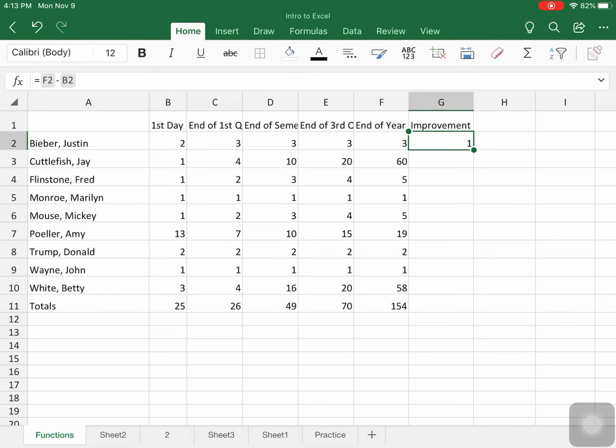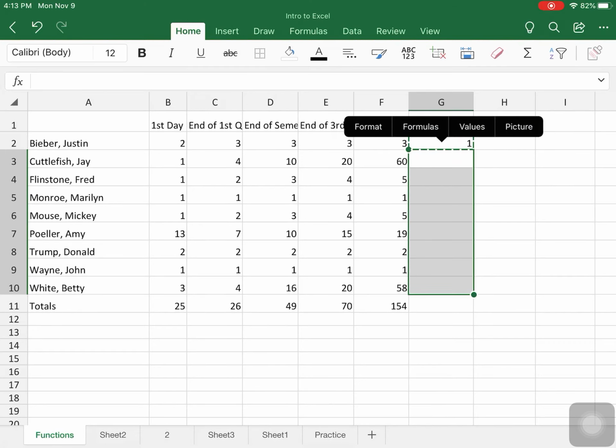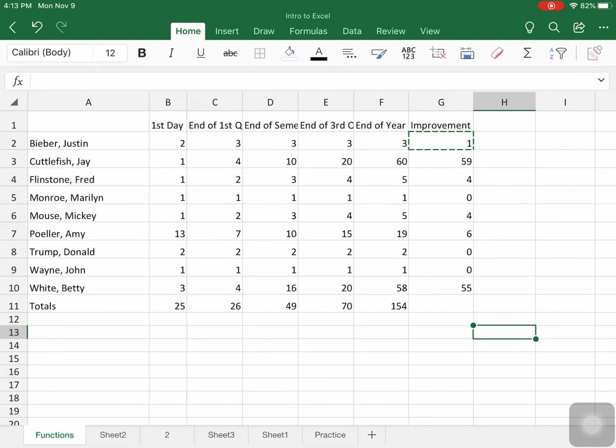So again, we're going to tap on that G2 with that answer, copy, and then drag down, paste special and formulas, and it will do all of those for us. Okay, so that's how you use the paste